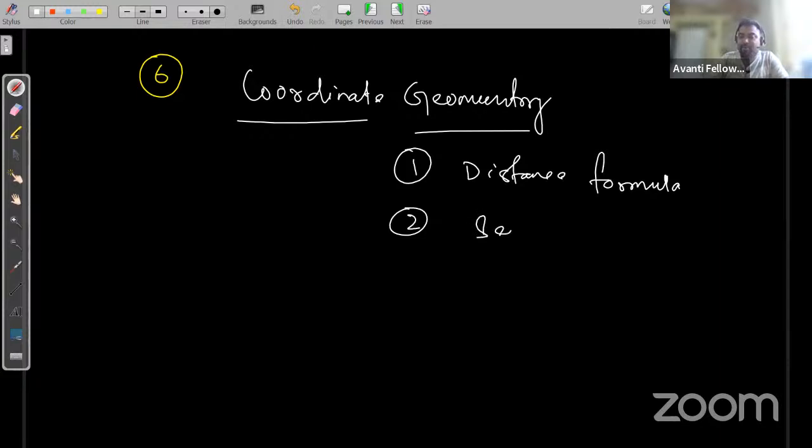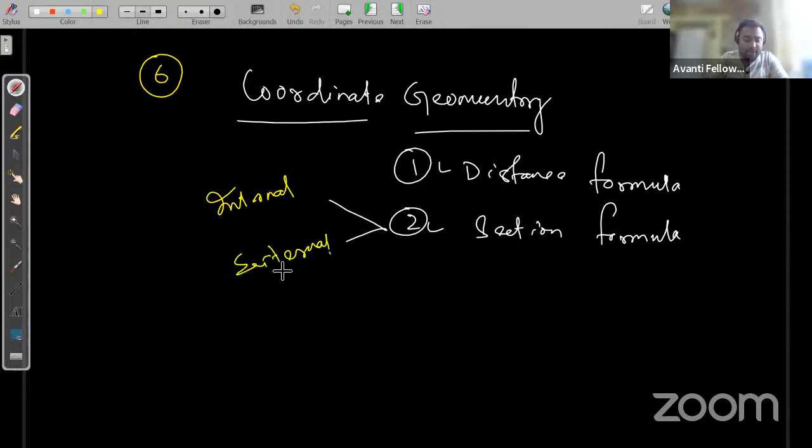Distance formula, section formula. Yes. In the section formula there are two formulae also, one is internal division and another one is external division. Right? There are two things, one is internal and another one is external. So distance formula and section formula are done. And the first thing we'll learn in coordinate geometry is the position of a point in the Cartesian plane or XY plane. Okay, so position of a point